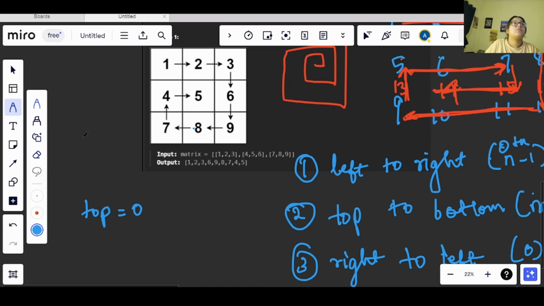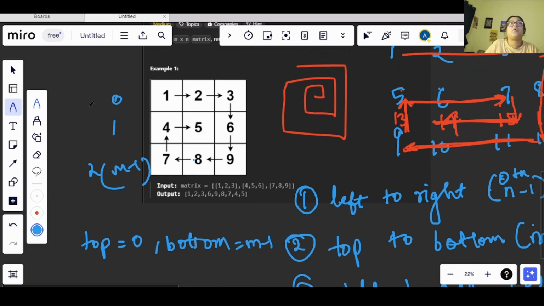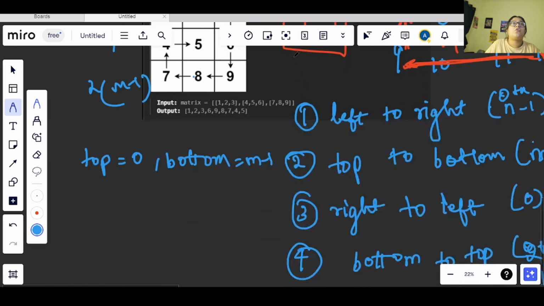So this is 0, 1, 2, and this is basically m minus 1. In the same way we have the 0 column, 0, 1, 2, and this is basically n minus 1. So we will have a left initialized with 0, and a right initialized with n minus 1, right?